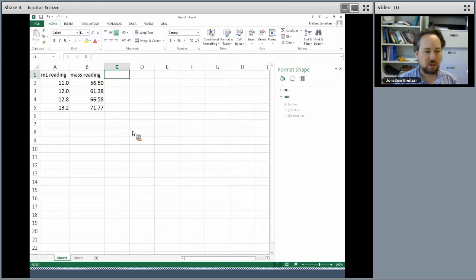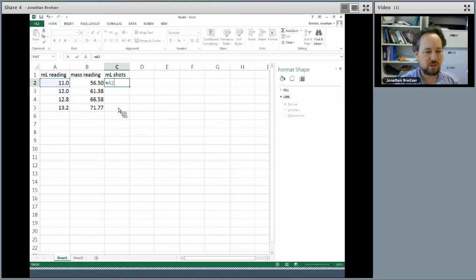Now we're going to do some calculations. The first calculation we'll do is the volume of just the shots. To get the volume of just the shots, we'll have to take each of these volume readings and subtract them from the first one, because the first one had no shots. This was 15, this was 30, and this is 45. Notice I didn't actually put the shots in there because they're not part of the graph, but you can if you want.